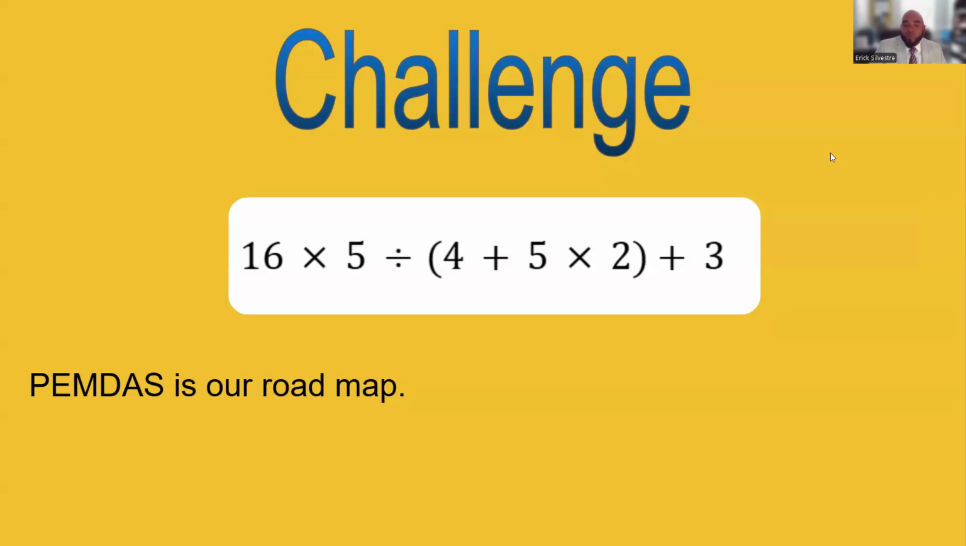This right here is a challenge problem where I wanted you guys to use PEMDAS to simplify this expression. Remember, PEMDAS is our roadmap. All right. So if we start with PEMDAS, we know that parentheses comes first. Once you see the parentheses, you know that there are multiple operations within this parentheses, which means that you have to follow PEMDAS once more. I have 4 plus 5 times 2. According to PEMDAS, we know that multiplication comes before addition. Therefore, as I target this part of this expression, I'm going to make sure that I keep applying PEMDAS to